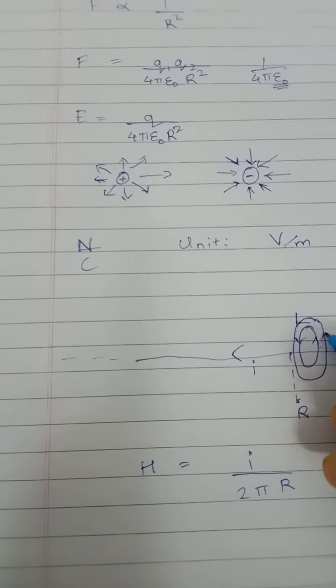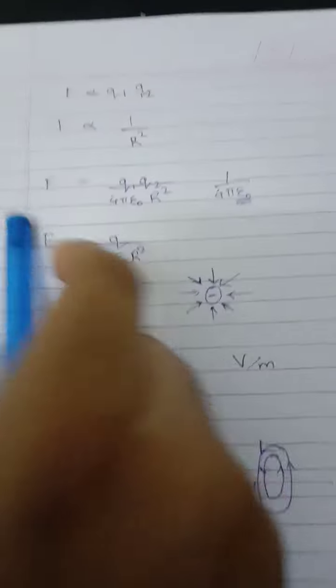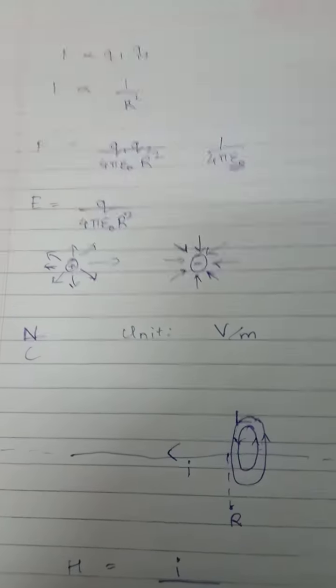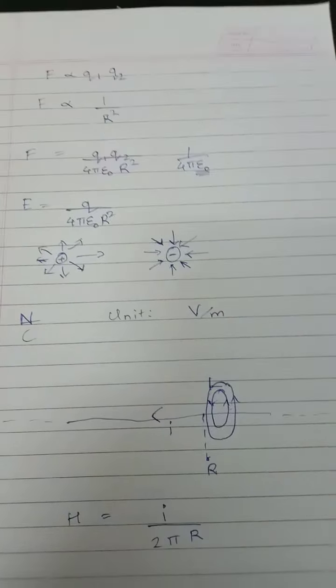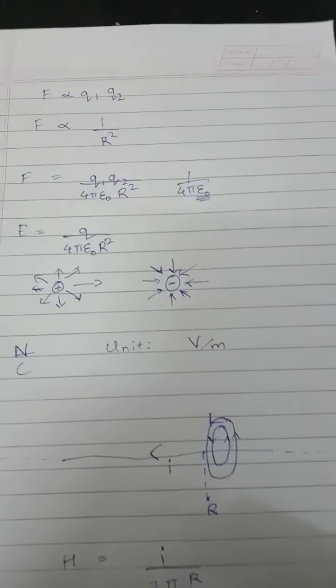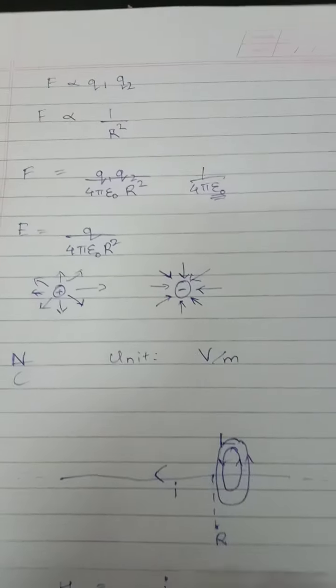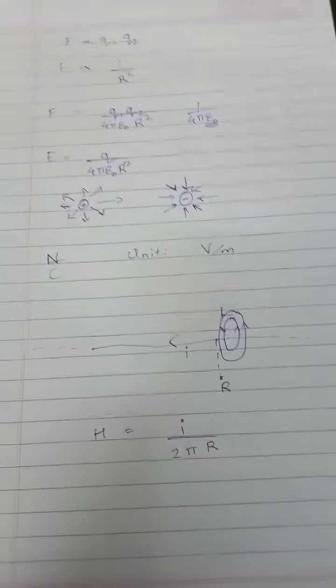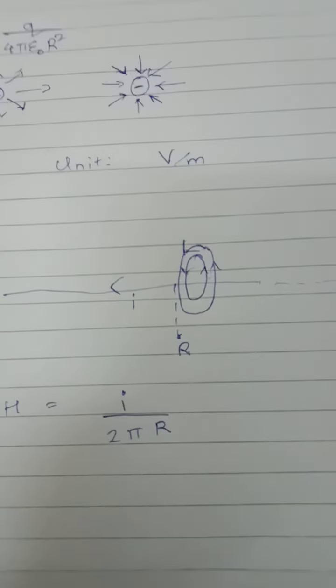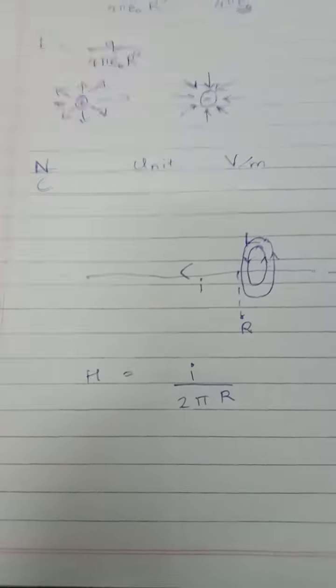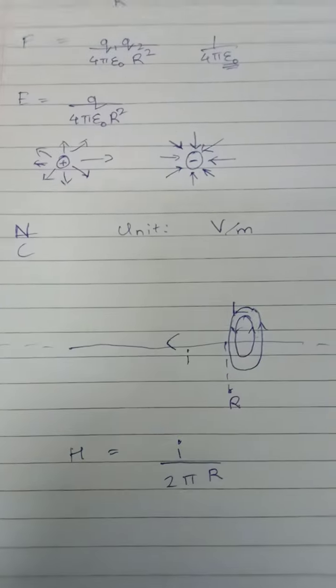So in the world of electromagnetics, as I have just shown, there are two main types of fields. The electric field arises due to electric charge, and if the charges are moving, we know the flow of electric charge is electric current, which we measure in the units of amperes. It turns out that electric current produces a magnetic field, which we know as the H field. Unlike the electric field, which points towards or away from charges, the magnetic field encircles the electric current.